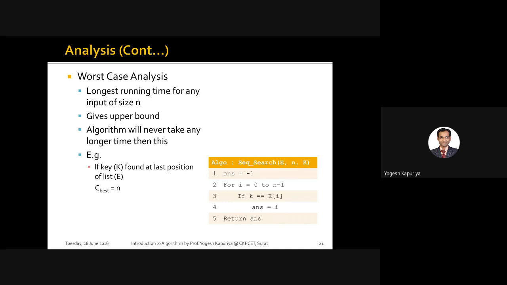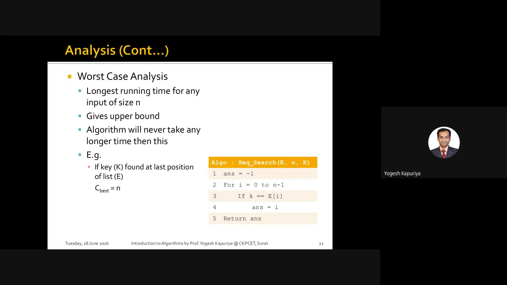So why do we do worst case analysis? Just to make sure what is the maximum time this algorithm will take, irrespective of what input we are giving. Remember, we are moving into asymptotic analysis, and when we do that, we are not doing mathematical analysis. Mathematical analysis will always give you the precise result.